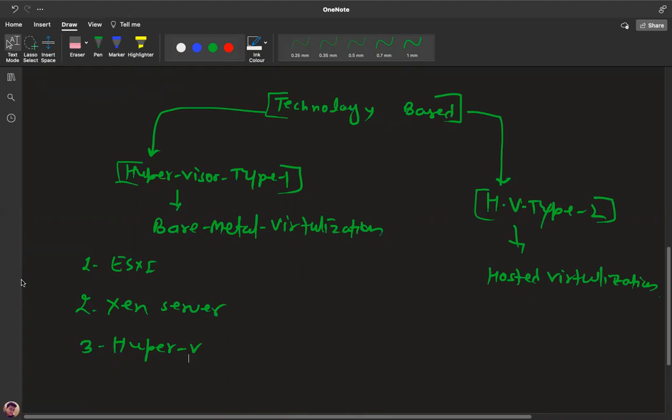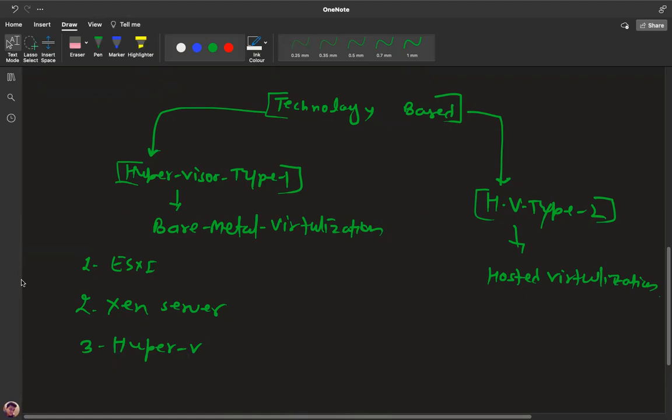Yes, correct. Any confusion, any doubt? Actually, I have seen the hypervisor on Windows 2019 servers and all. Correct. It's a part of Windows Server 2012, 2016, 2019, which is available in every edition.